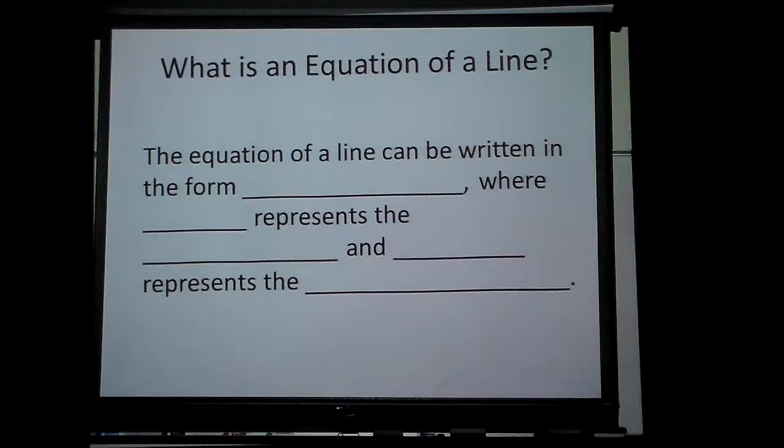Okay, what is an equation of a line? Well, that's a great question. It can be written in the form y equals mx plus b, where m represents the slope and b represents the y-intercept. And the y-intercept is going to be where it crosses the y-axis, meaning your point is